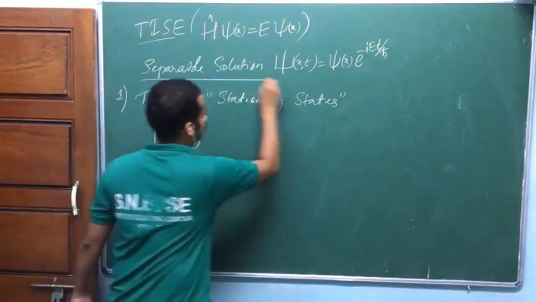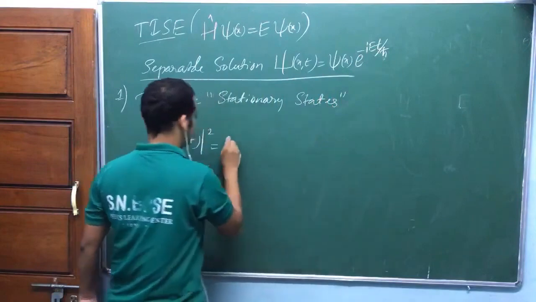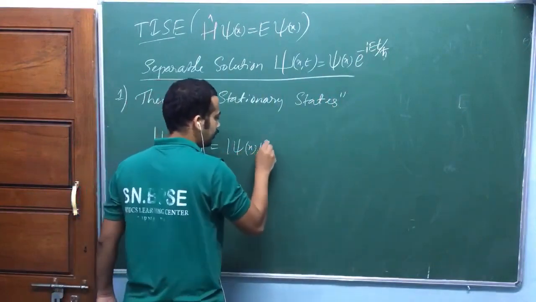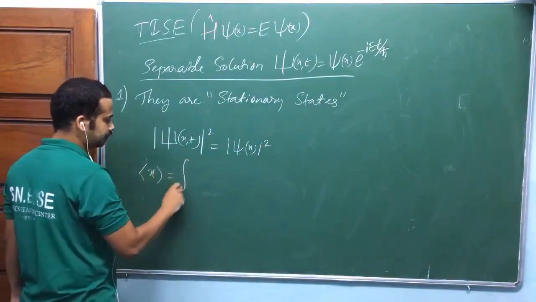I'm just discussing this one, okay? This part is 1. Mod psi of x the whole square. Okay, expectation x independent of time